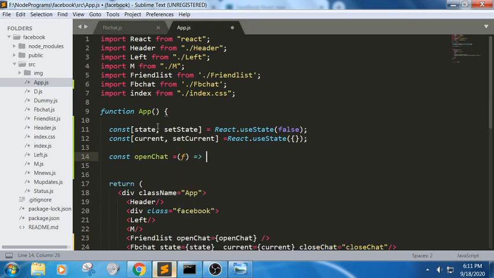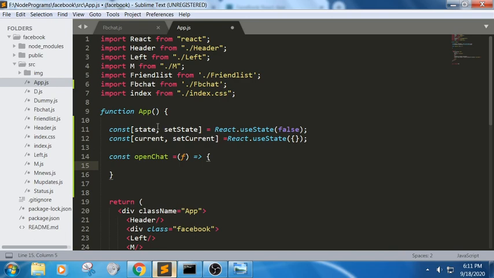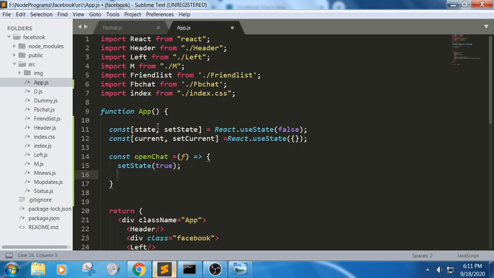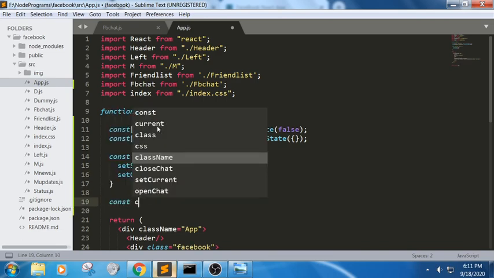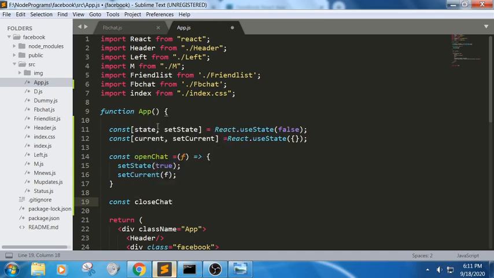Here if we can see, in the friends list we haven't written the snippet. Set the state, based upon the value clicked, it should be able to show this. Set the current of F. Now in this constant close chat of false,